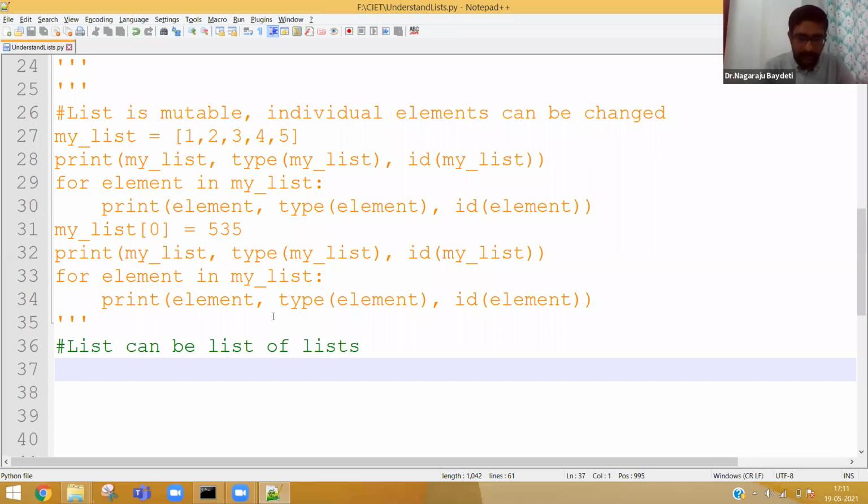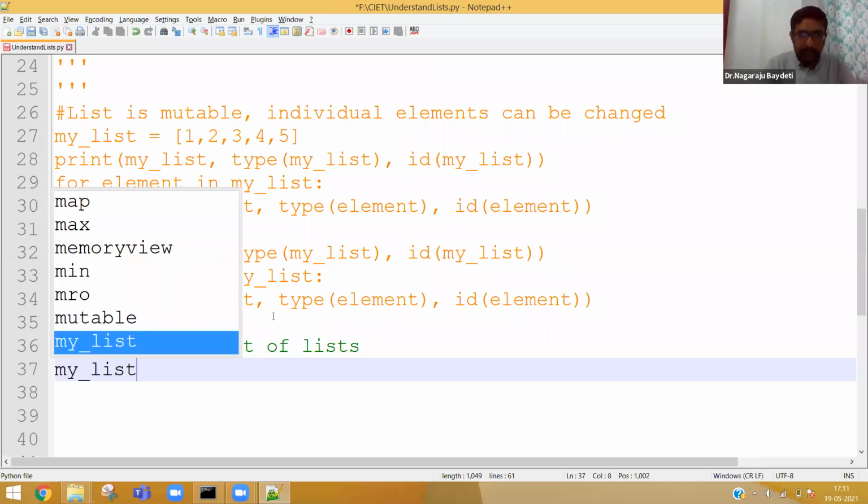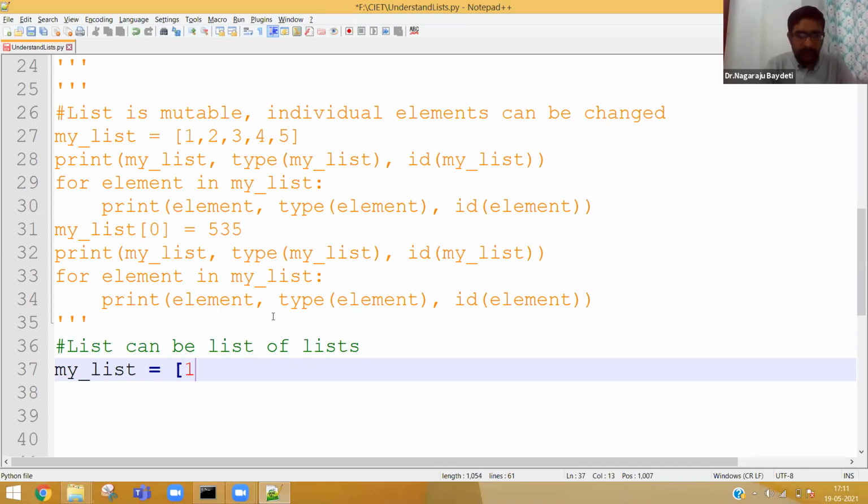What is that? My list equal to 1, 2, then 3, 4, 5. This is a list, but I can keep 3, 4, 5 in another list. See here. It's a list with another sublist.